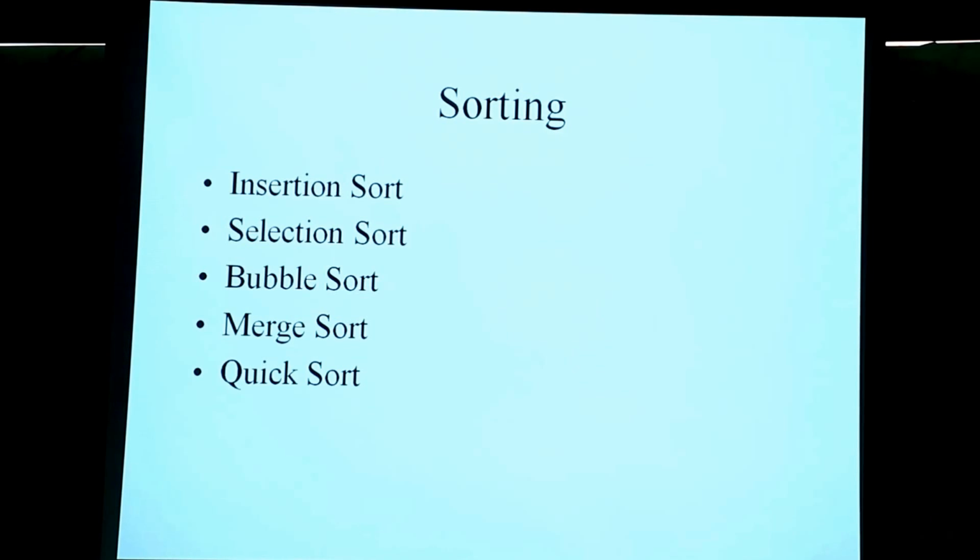The sorting problem: given n elements, you want to arrange them in some particular order. The n elements are drawn from a set where you can compare two elements. You can say xi is less than or equal to xj and so on. So you want to arrange them, let's say, in increasing order. Now iterative algorithms.